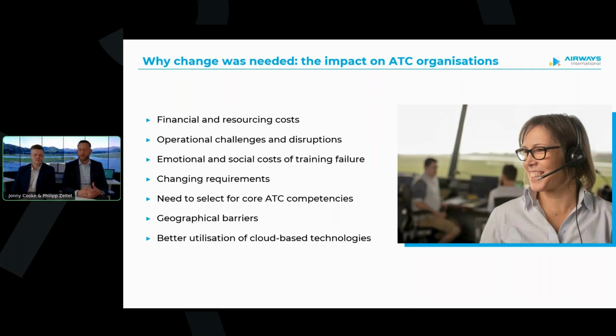So for us, having a tool that allows us to scale up our recruitment and selection efforts without needing a long lead time was crucial in developing the SureSelect tool we're currently using. And probably most importantly, having a tool that really focuses on the ATC competencies, allowing us to have a system that is as predictive of training and job success as possible.